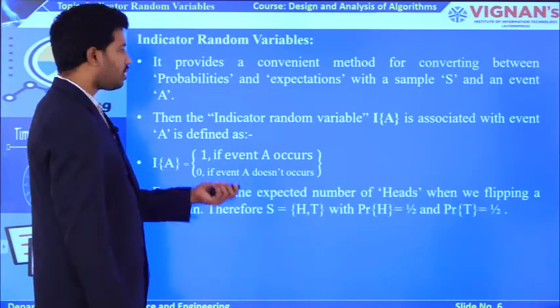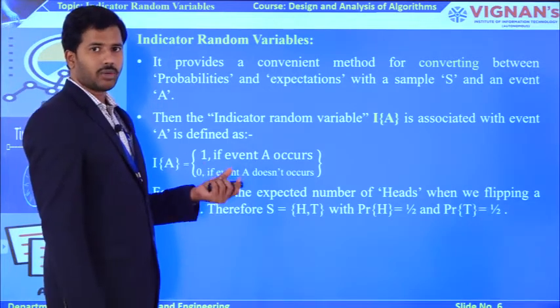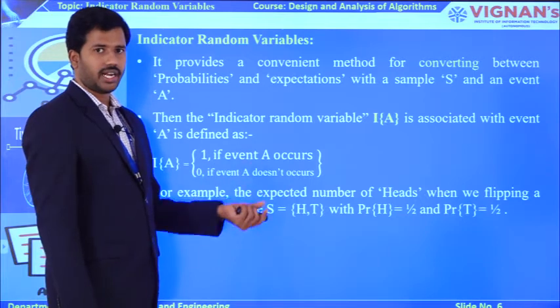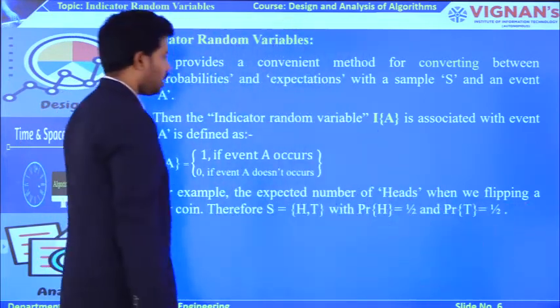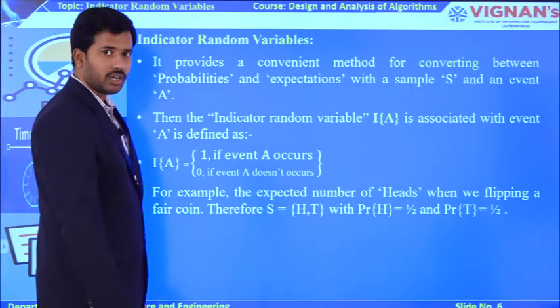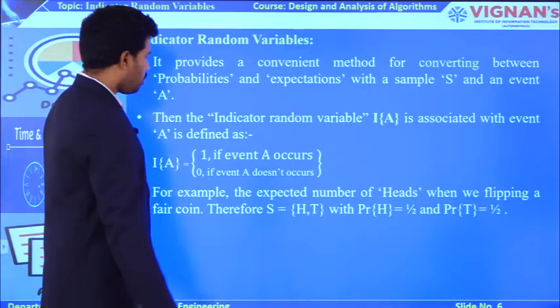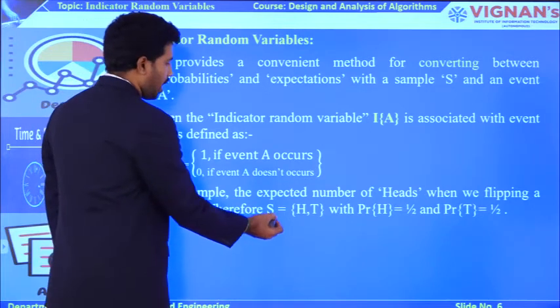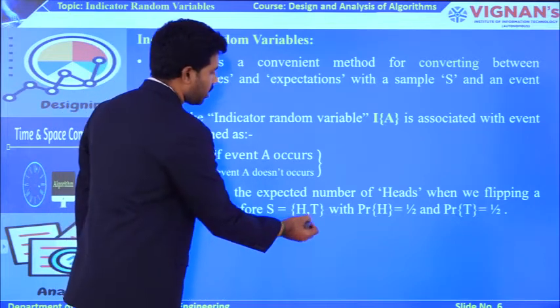So this example is very well known to you, right? For example, I am going to have a single coin. So every coin has how many faces? Two faces, right? Head as well as tail. So if I flip a coin, my task is to find out an event which is head occurrence. For that, you are going to have a sample set which has two faces, head as well as tail.